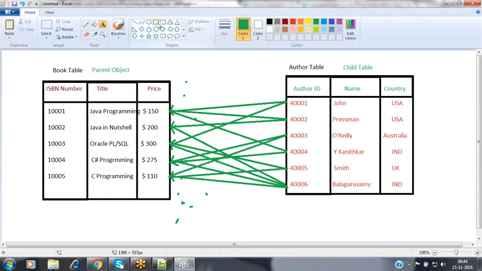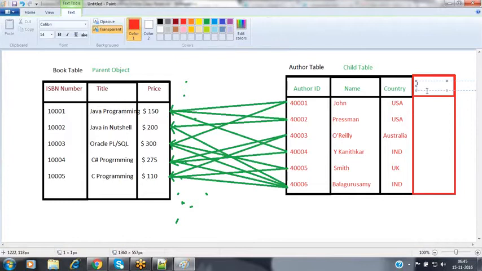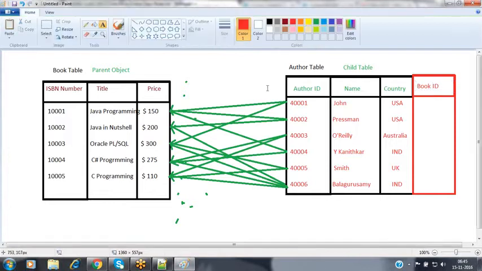So for that, I'm creating a new column inside the child. In this child, I'm going to create a new column to store that parent record ID. I'm giving the name as the book ID. Now let's see here.